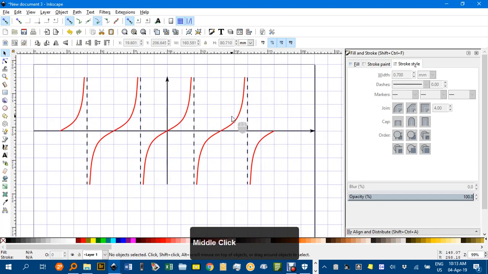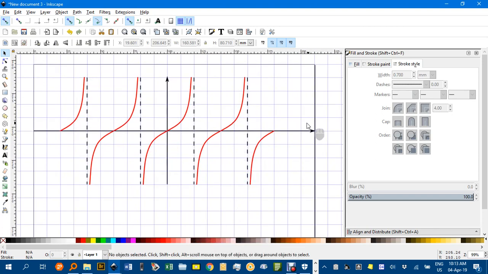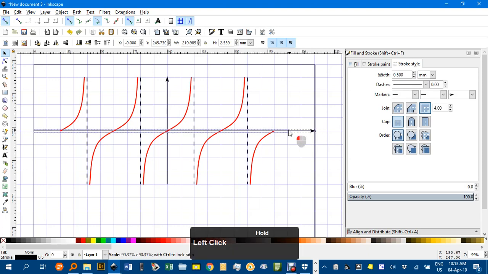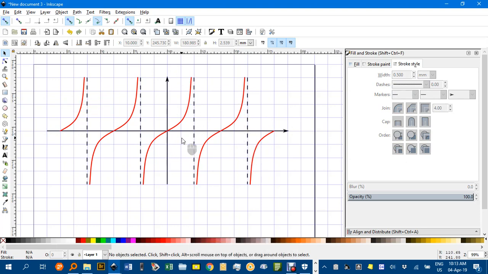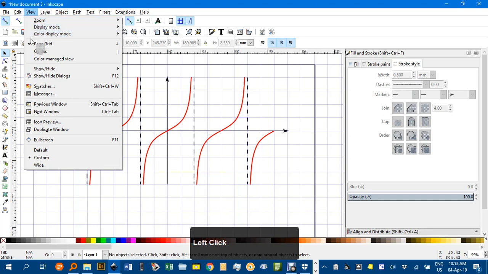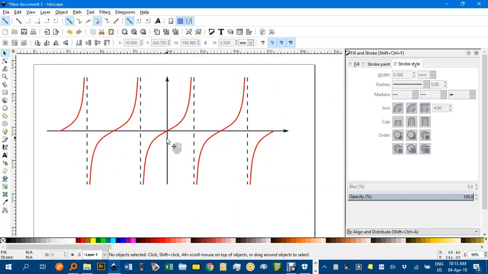So there's a pretty good tan graph. I'm just going to go back here, I don't need the axes all the way there, and perhaps back to there. And I can label the parts on the graph using the text tool or whatever. I'll just get rid of the grid, I think that's in the way at the moment, unless you want to go over the grid with other lines. Sometimes you want a grid there. But let's just go to View, Page Grid and take that off, and